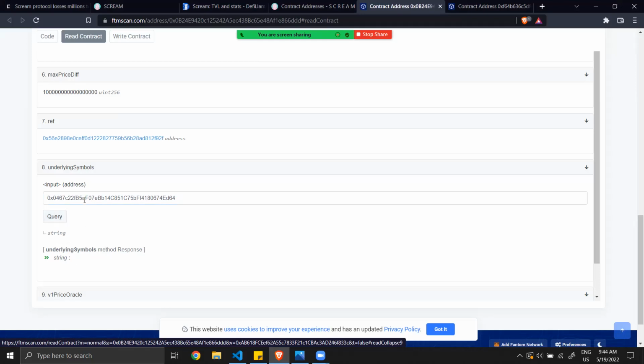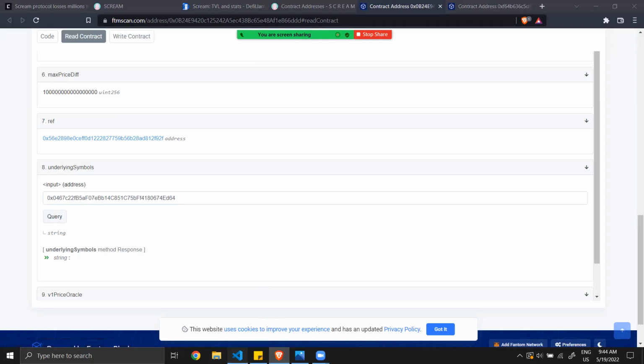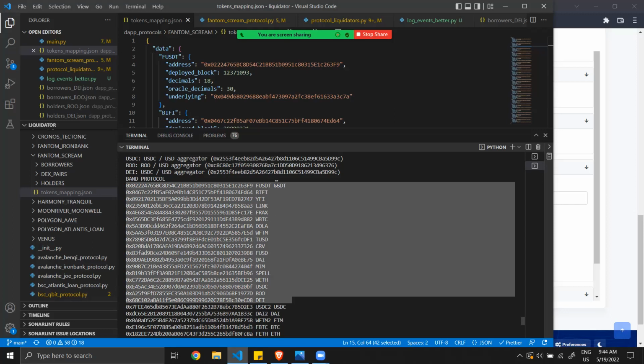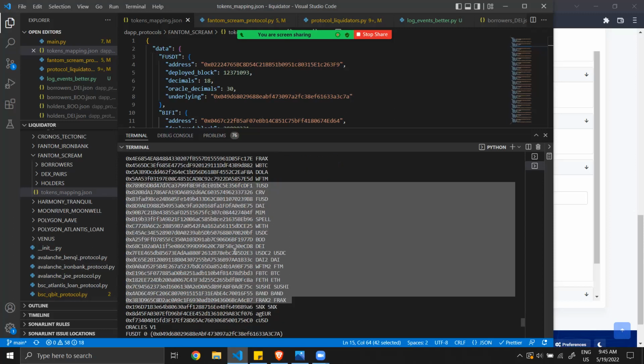It returns an empty string. So I automated that test, and you can see that only for fUSDT a symbol exists, meaning that Band Protocol will return a price different from zero only for that asset. And for all the others, it will return a price of zero.